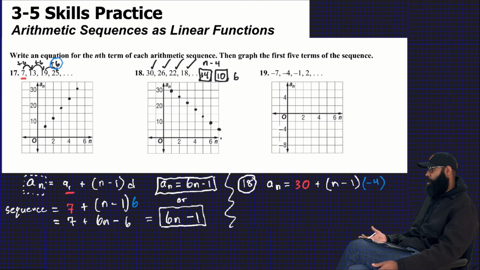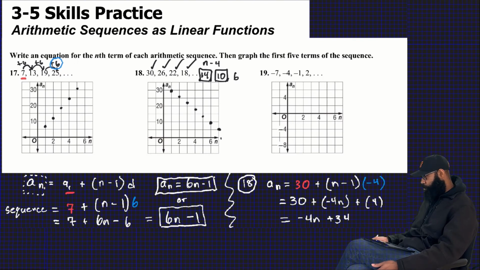Again, guys, distributive property. We've already covered multi-steps. Hopefully this isn't something that's bothering you. Keeping the 30, we're going to get a negative 4 in. And I use the parentheses because I already put my plus sign. And then, of course, a positive 4. I use parentheses because I used it already. And simplify it out. You got 30 plus 4, of course. And I don't have a problem at all with negative 4n plus 34. And again, that is the equation to find